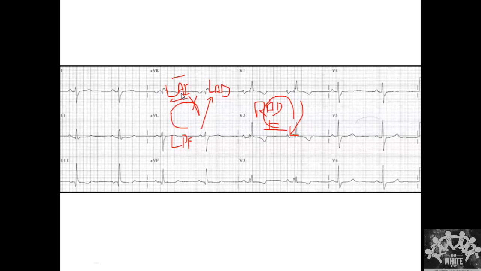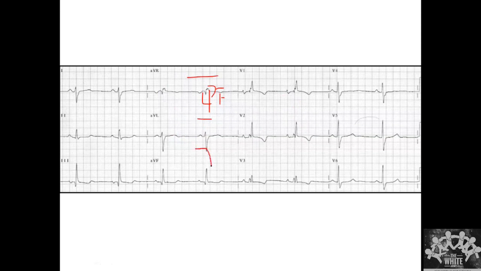Now let's take this example. Let's say there is a left posterior fascicular block. Then the current is moving in this direction, correct? So that means this is lead 3. If you take this as Einthoven's triangle, the deviation is going to be in lead 3, in this direction. So lead 3 should show a maximum positive deflection because the vector is going predominantly towards lead 3.